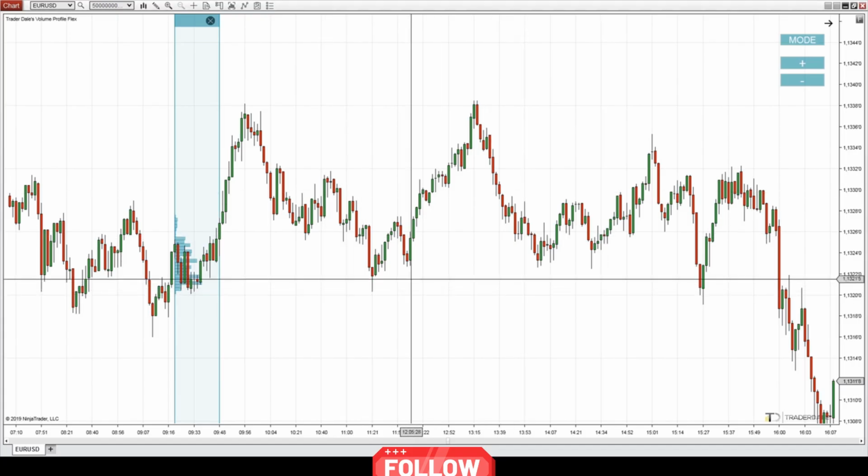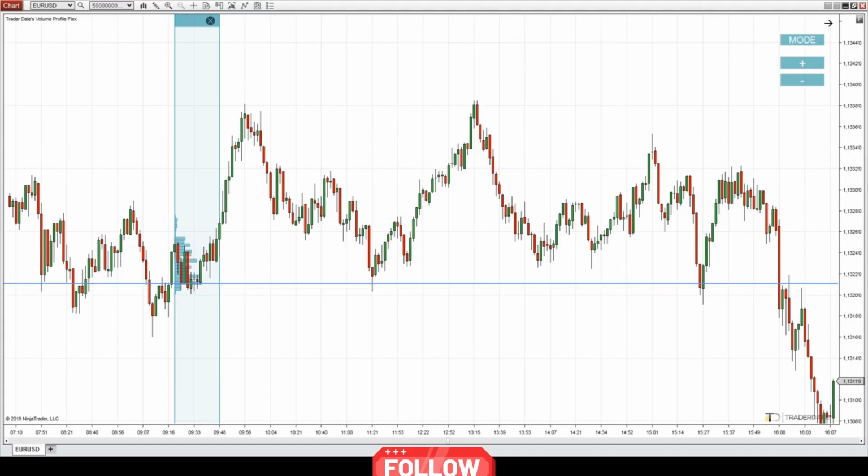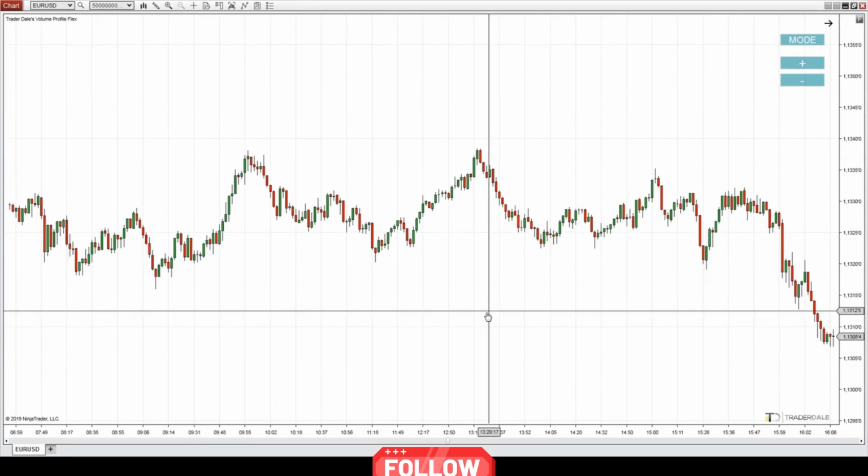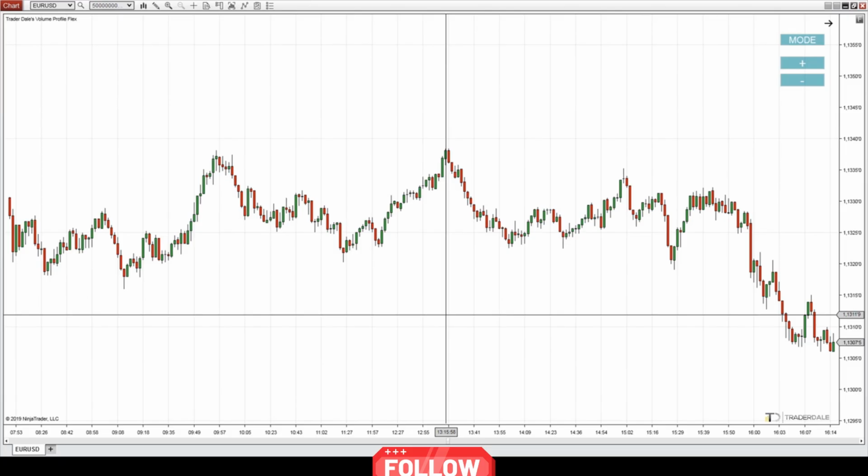As you can see, if I draw a line there, there was a nice reaction to it. So eventually it would be a winning trade. But probably a winning trade which I would have missed. So this is how the volume accumulation works with the volume bars. And now I would like to show you